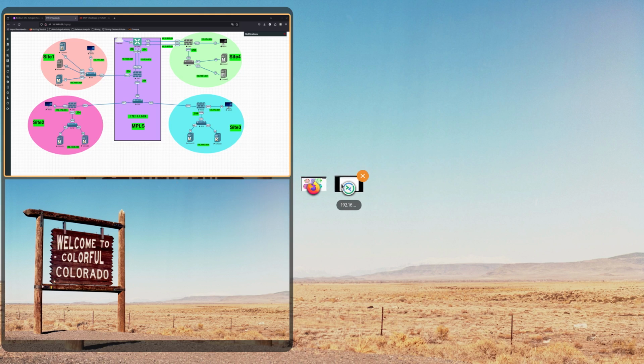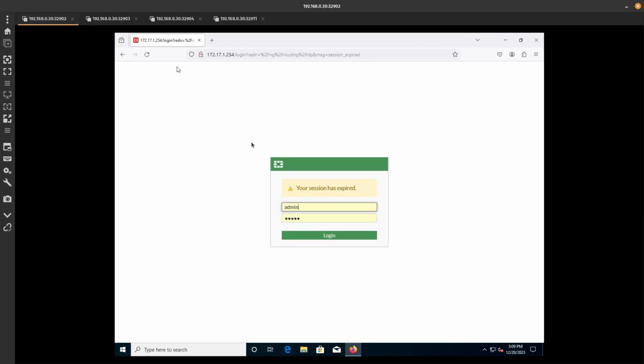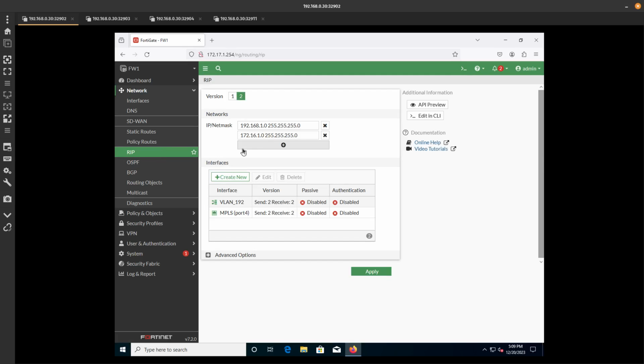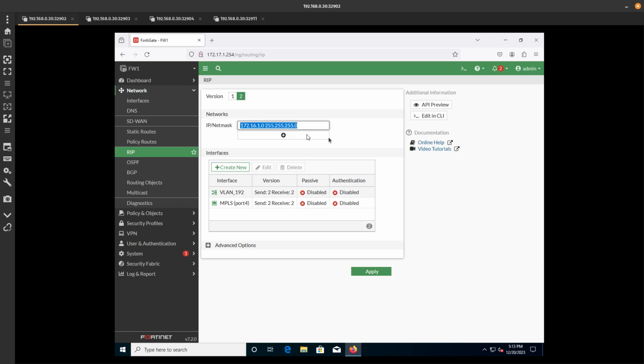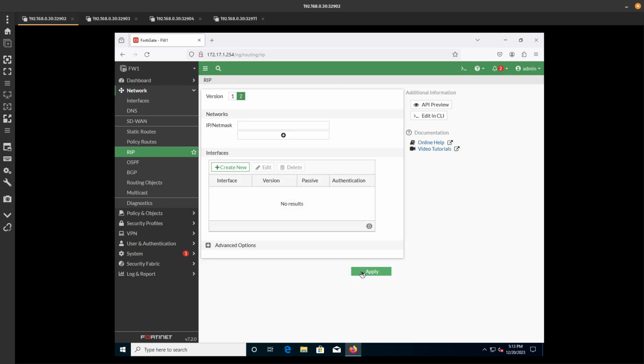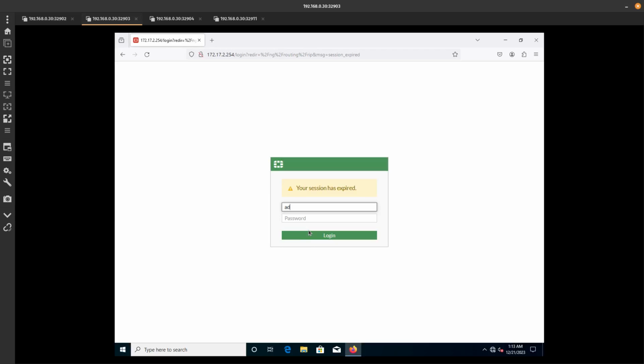First of all, we're going to do some cleanup first. So this one is to log into firewall 1. Cleanup meaning that we need to go ahead and delete RIP version 1. We are going to just delete all of this and delete this too. Okay, hit apply to save it, making sure it's gone. It is. Go ahead and go to firewall 2,